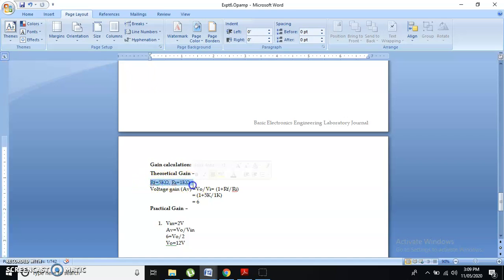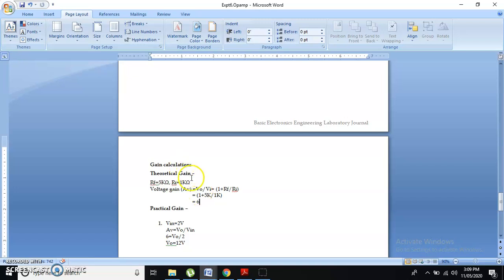According to these assumptions, the voltage gain Vo by Vi will be 1 plus Rf by R1, that is 1 plus 5 kilo ohm divided by 1 kilo ohm. So what is the voltage gain value now? It is 6.